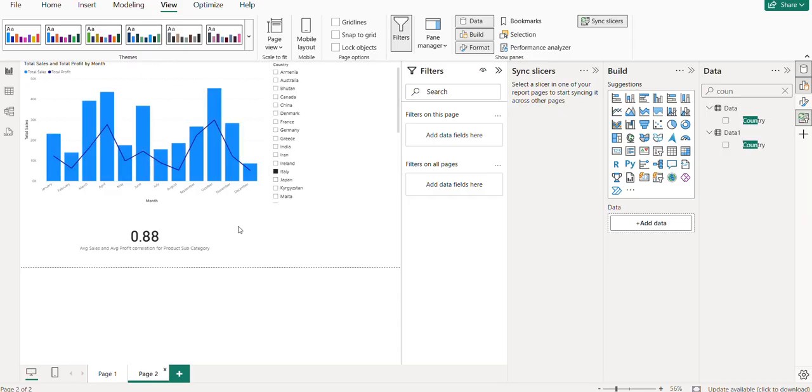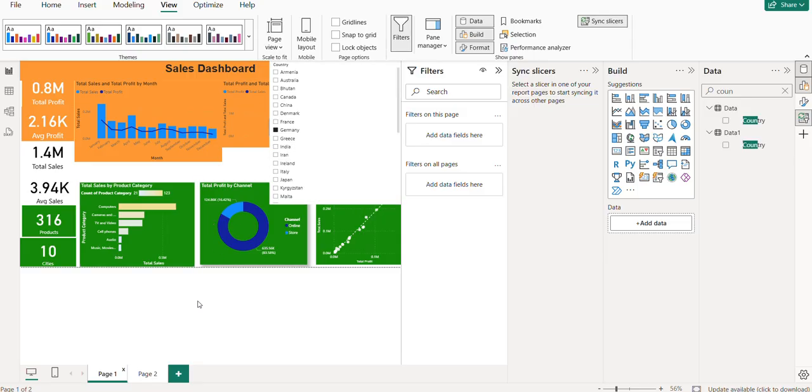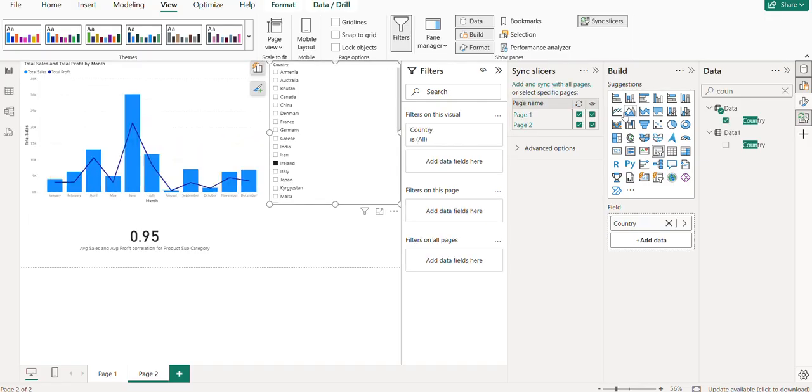If I change something in page 2, it will automatically change in page 1 because I select this tick. I can also make the slicer visible on page 1. Yeah, but I don't want to